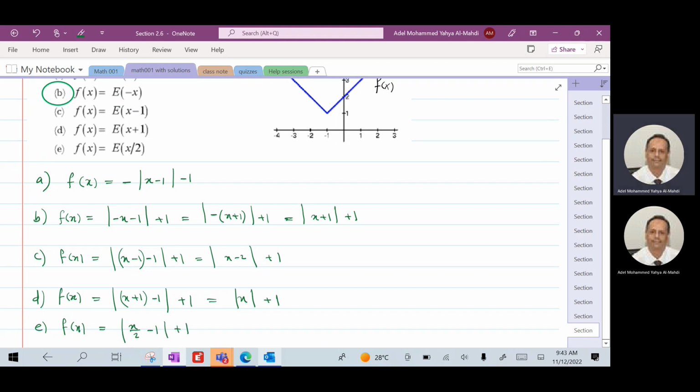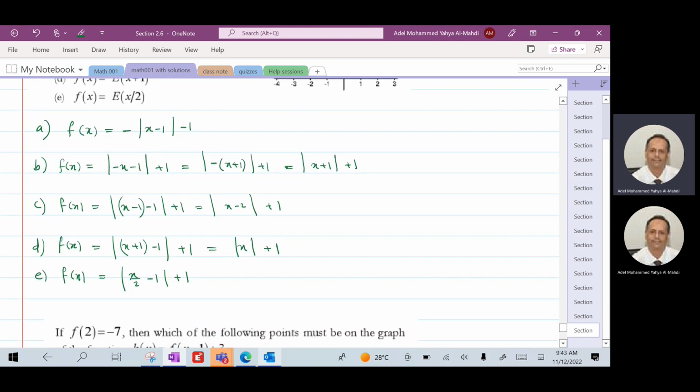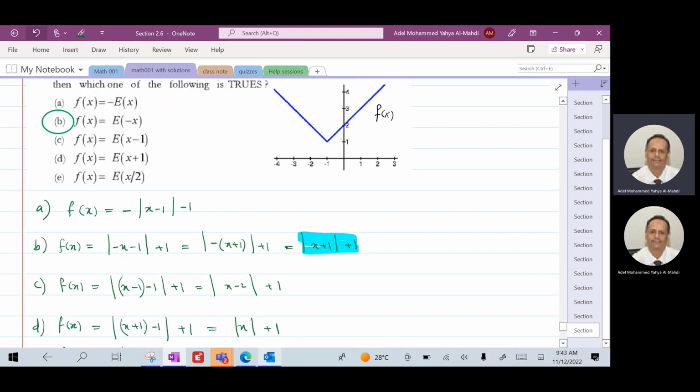Now, which one is your graph? Is it the graph of the function of A, B, C, D, and E? Discuss with yourself and you will find that it is the graph of this. No, it is not this one. It is the graph of the one in B. Absolute value of x plus 1 plus 1. So it means